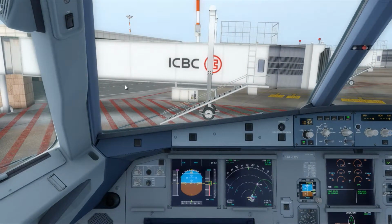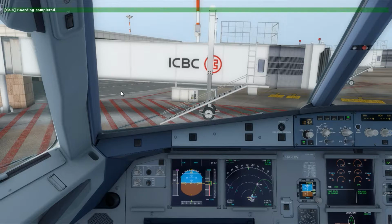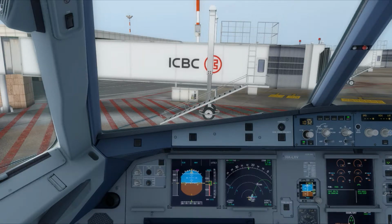Great. First we do a radio check. I also have to check what he's called, because I don't know this. Milano approach, hello, good day, this is Wizz Air 137 Alpha. Can you give me a radio check first, please? Wizz Air 137, good morning, radio 5. Thank you very much, and Wizz Air Milano, very good day, sir. Wizz Air 137 Alpha currently at Malpensa on gate 609, and we are requesting an IFR clearance to destination airport